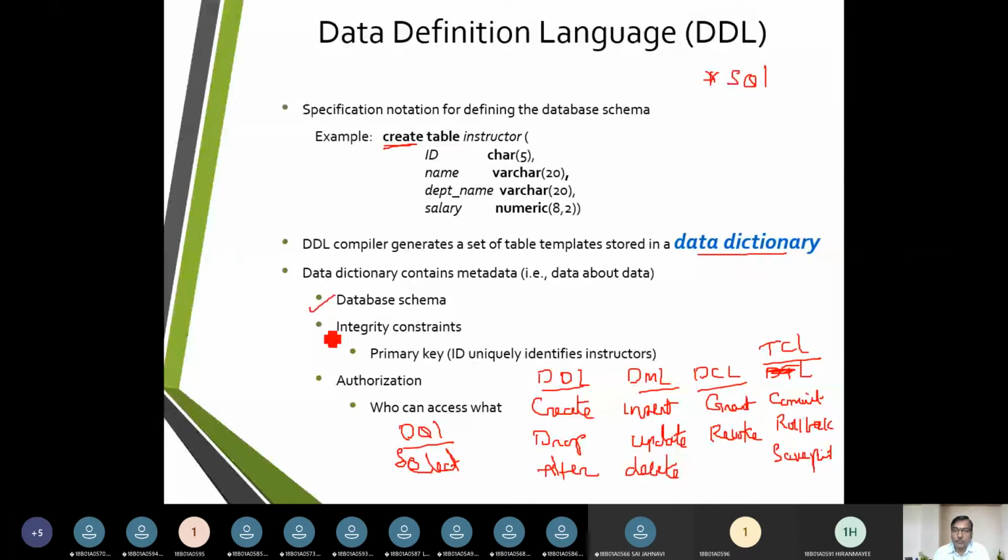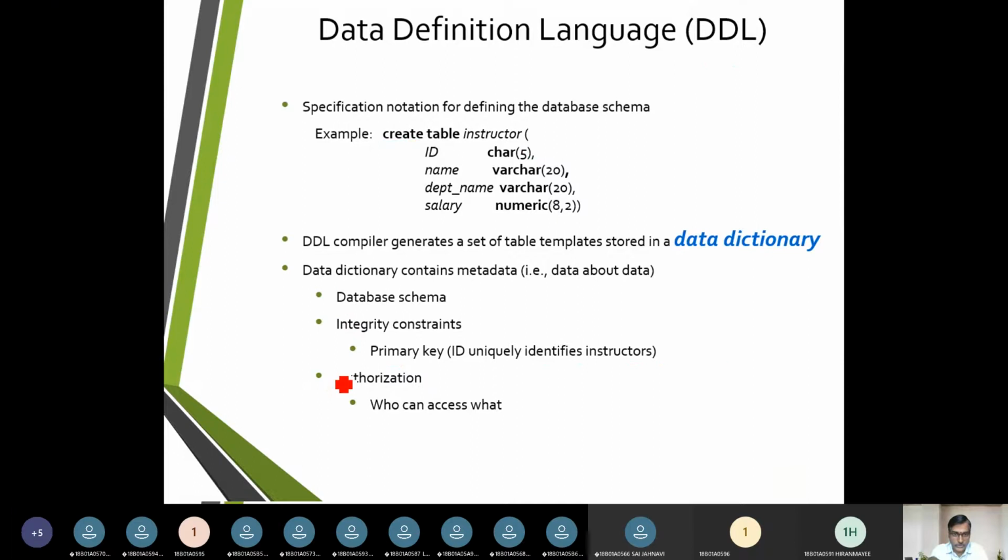The blueprint of how to construct a database uses a character data type, varchar data type, or a numeric data type. Then it applies integrity constraints like primary key, candidate key, super key, or foreign key, etc. And thereby it supports authorization, to whom access should be restricted. That authorization is handled with data control language, with grant and revoke operations.